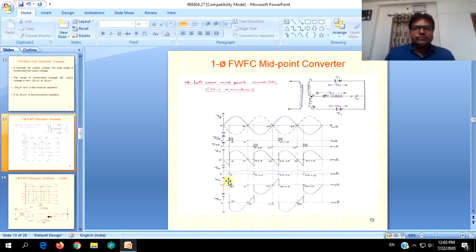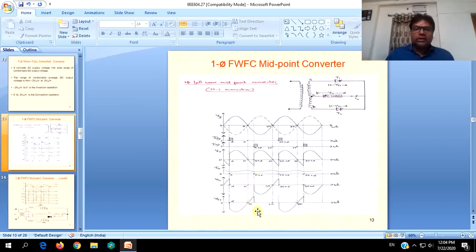And this is the waveform for the SCR, which it will be blocking. SCR1, that is VT1, will be blocking the total reverse voltage during the negative half cycle. Likewise, SCR2 will be blocking the positive half cycle of the supply voltage, which will be the reverse voltage for itself. It will be blocking its total reverse voltage. So this is similar to what we have discussed in the previous session, where the load was inductive, for half wave rectification.